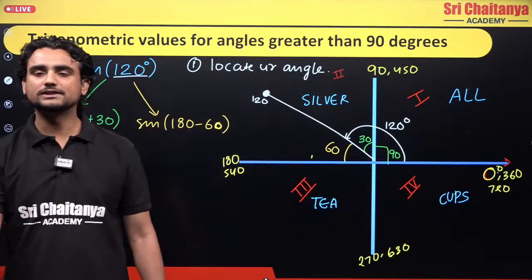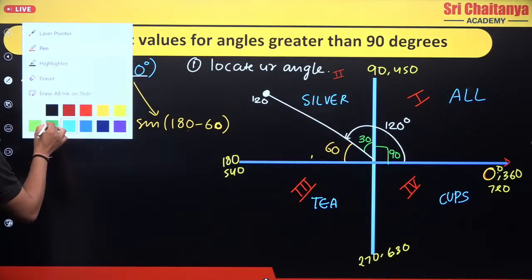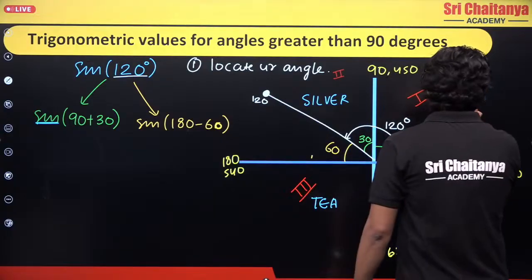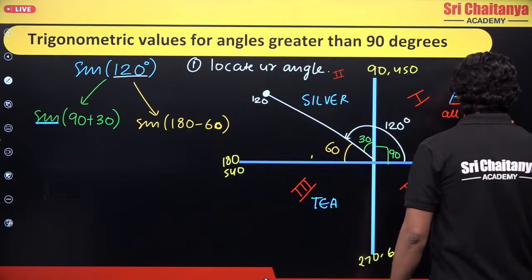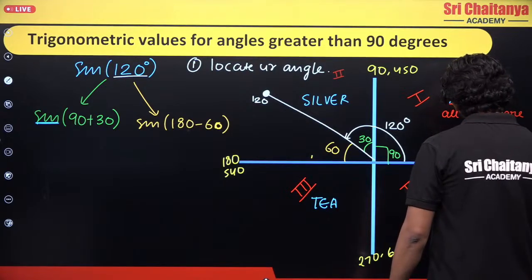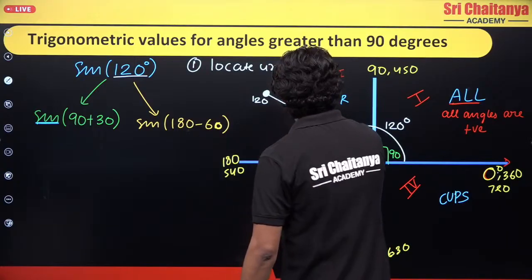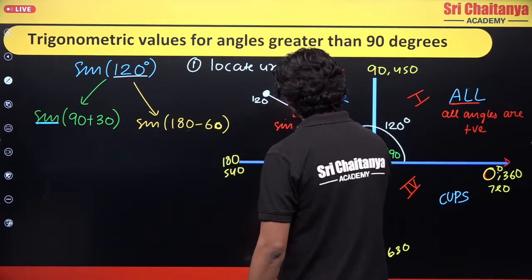So what is this all silver teacups telling me? It is telling me that in this quadrant, all means all angles are positive. In this, only silver, S for sine, and 1 upon sine,